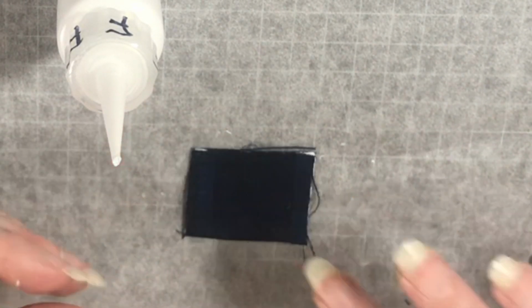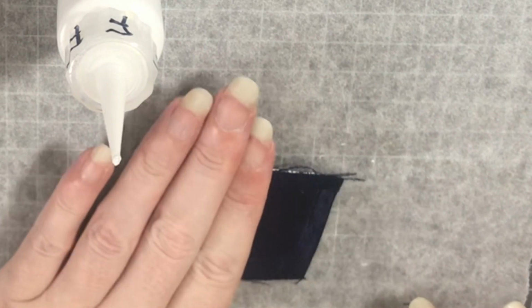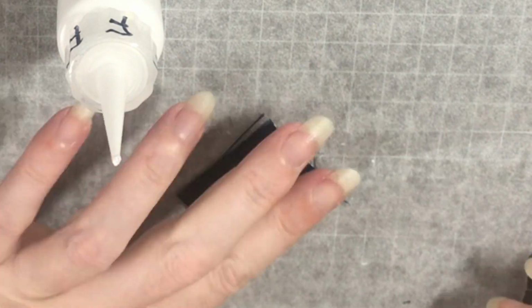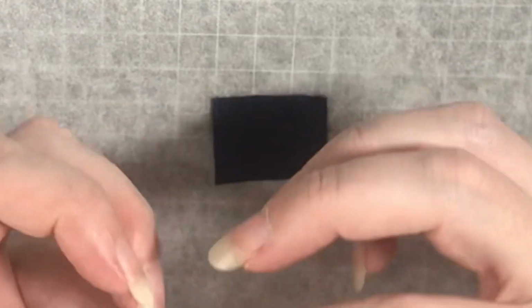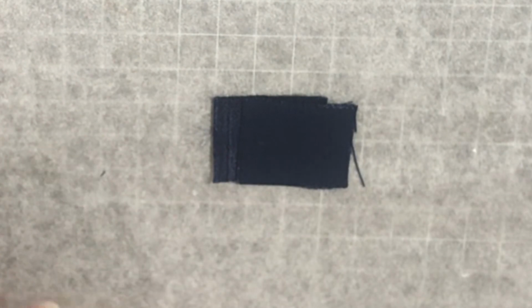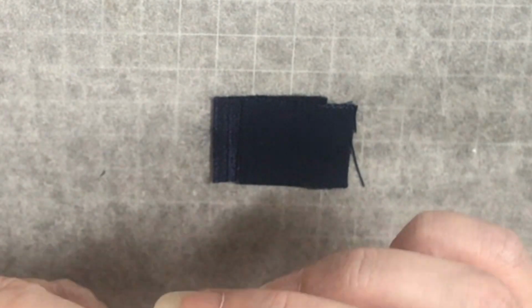Now this is how I like to do my cushions, but you do have a choice here. Some people like to glue them and wait till they dry and turn them inside out so that it looks more sewn. I personally don't like to do this. I like to glue mine